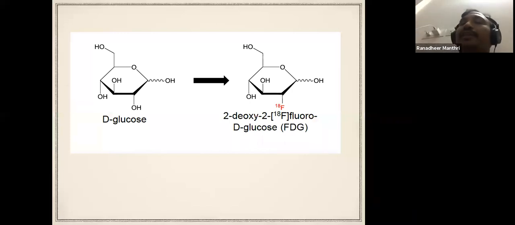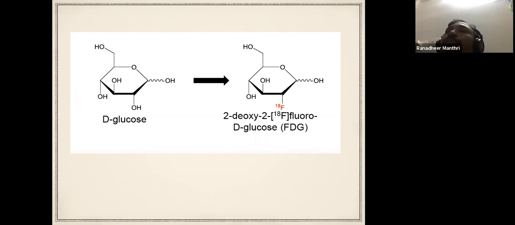Tumor cells concentrate a lot of glucose because one molecule of glucose only produces 2 molecules of ATP by substrate phosphorylation. That's why there is 19 times more glucose accumulation in tumor cells compared to normal cells, and they express insulin independent glucose transporters. So there will be a lot of glucose uptake even in the fasting state. That's why when the patient is having overnight fasting, the tumor cells concentrate, whereas the normal cells cannot. So this increases the signal to noise ratio.